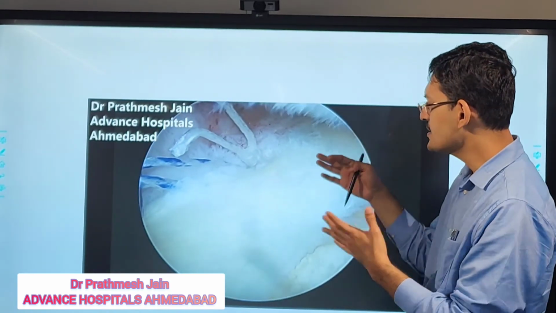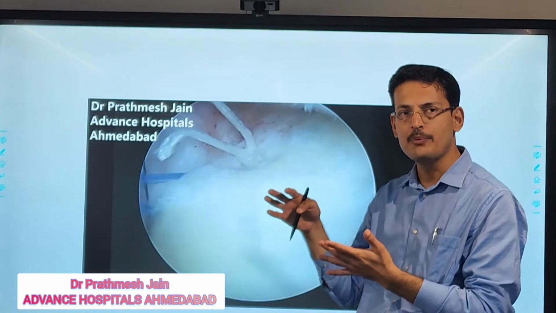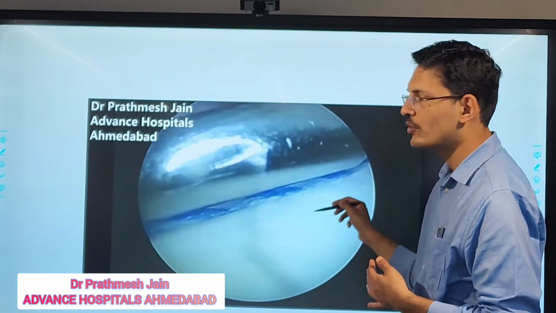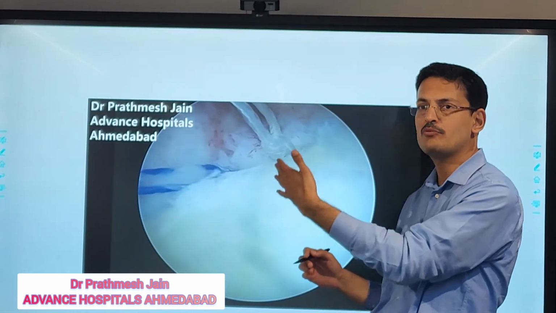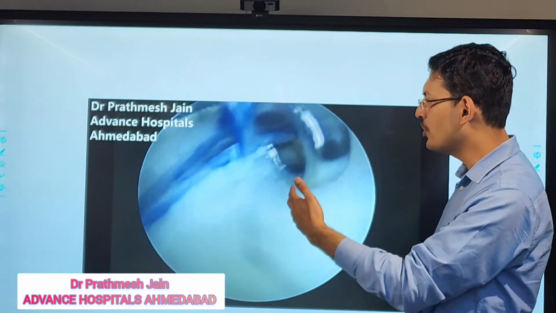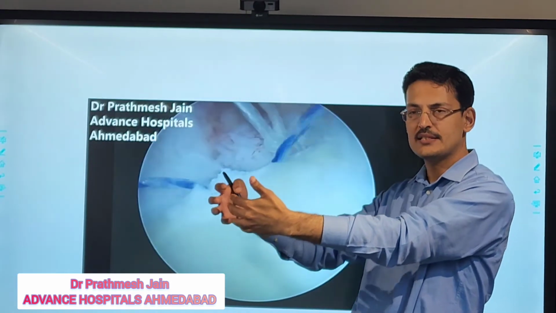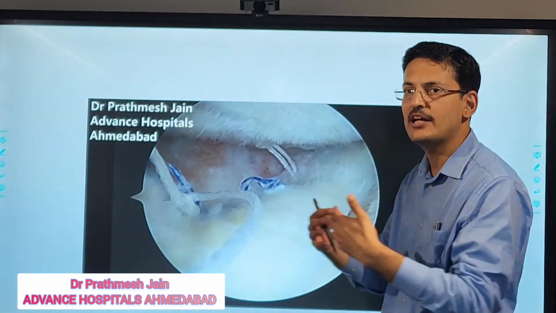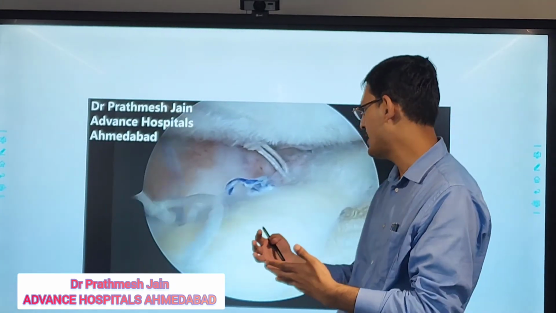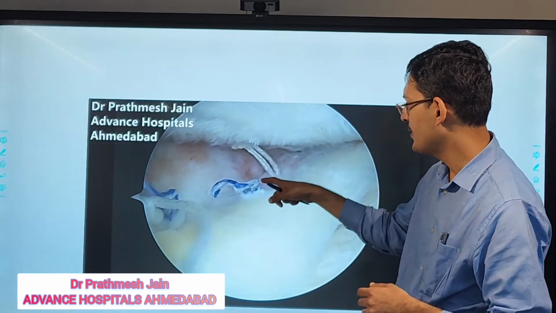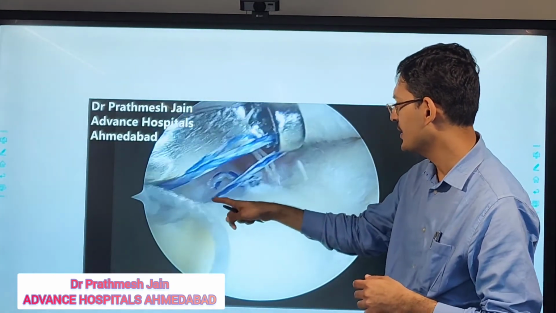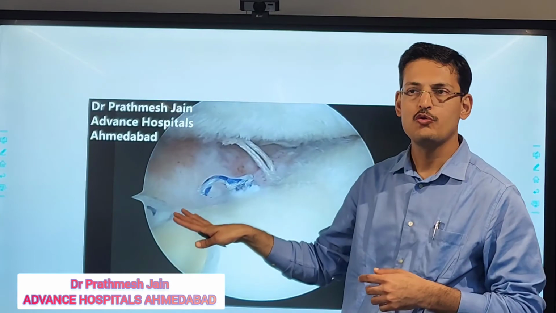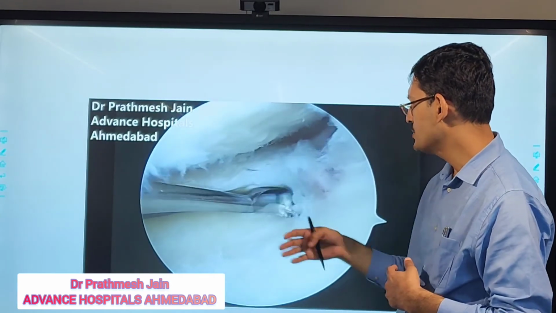So this meniscus will actually give some protection to this chondral lesion, specifically if the patient is walking or bearing weight. So what we want to do is bring the meniscus inside. This is basically an anti-extrusion stitch that we are placing. One by one we are placing it. This is the first, this is the second, third and fourth. So 4 stitches in all to reduce the extrusion.